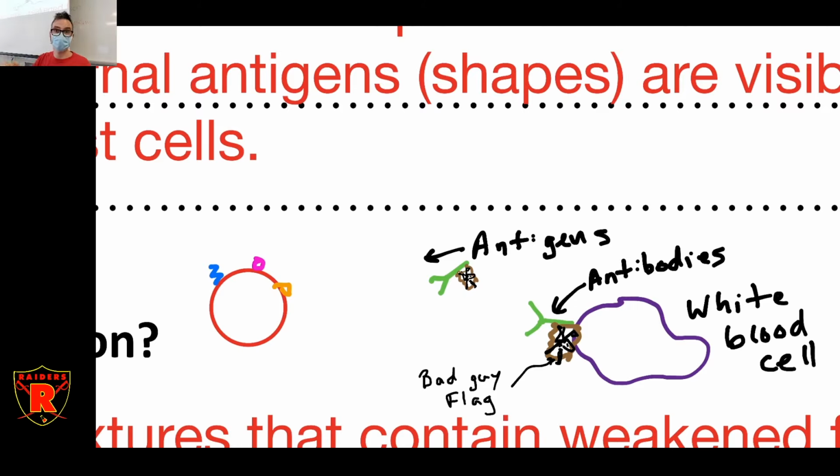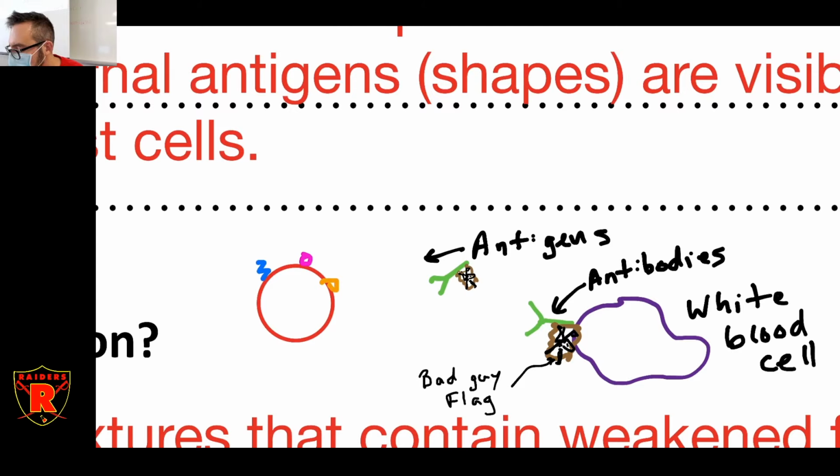I mean, they do that anyway. They're crawling all around the inside of you right now looking for wrong shapes. But you amp up the number of white cells that you have when stuff starts to go wrong inside, okay? It activates an immune response when cells start popping all over the place. And now your white blood cells are looking everywhere for shapes that don't belong. When they find a shape that doesn't belong, like this orange antigen right here,